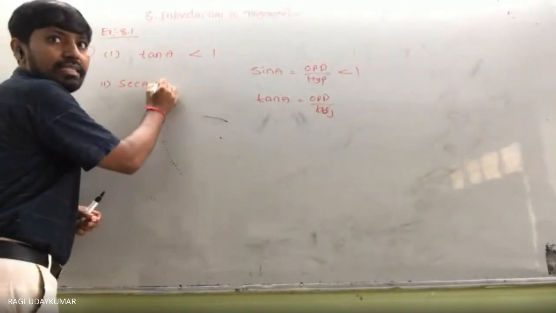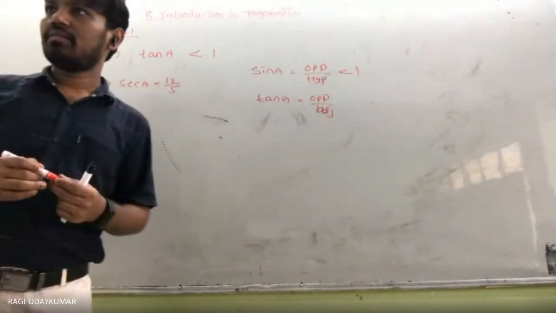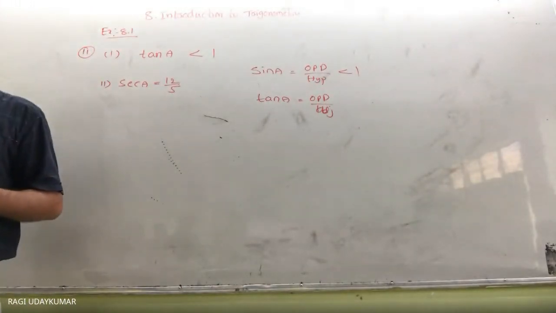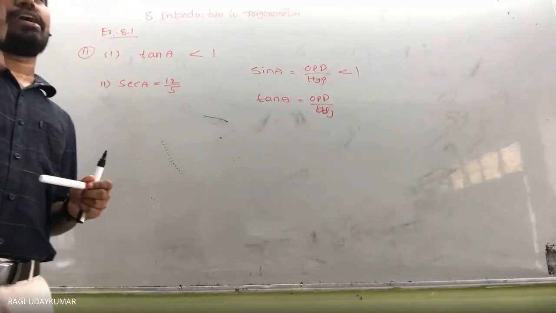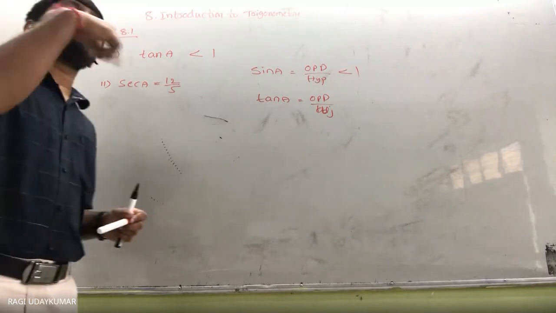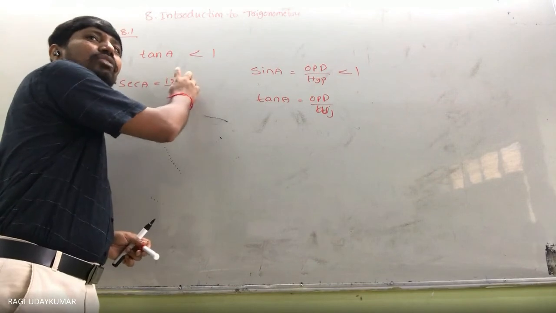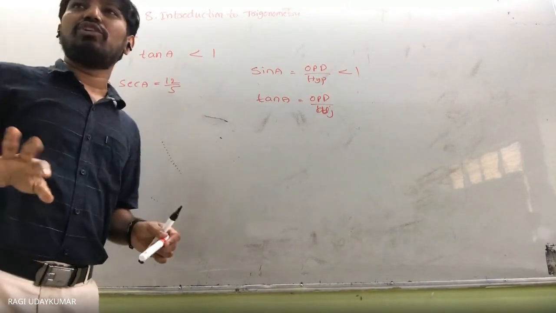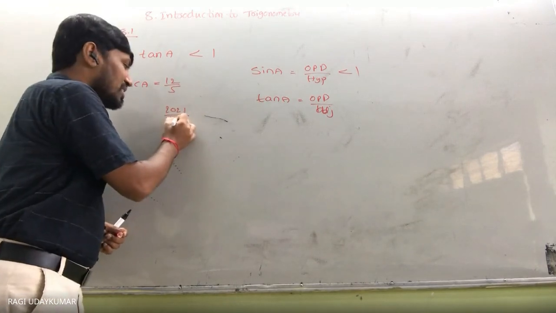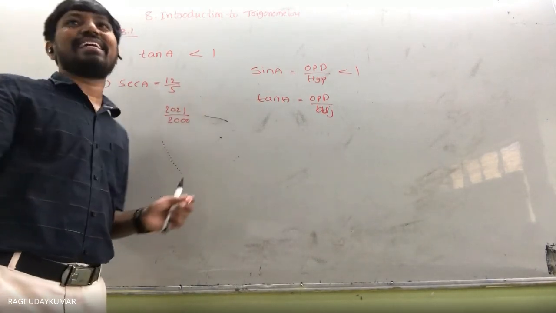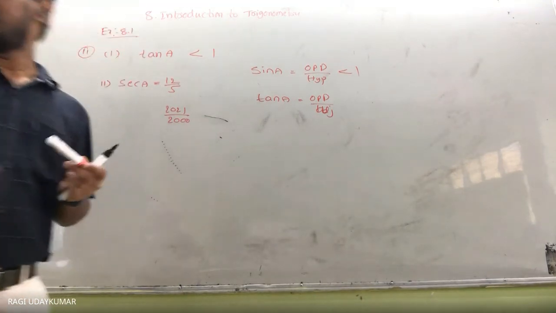Okay. Next, second question is asking to you in this. Secant A is equals to 12 by 5 for some angle. Is it possible? Because secant is nothing but hypotenuse by adjacent. Hypotenuse is greater than the adjacent. So numerator is always greater than the denominator. So either greater value दे दिया है कुछ भी, instead of 12 by 5 if I given to you 2000, इधर 2021 by 2000 दे दिया, then also it is right. There also it is right.